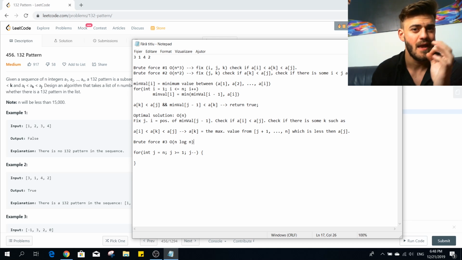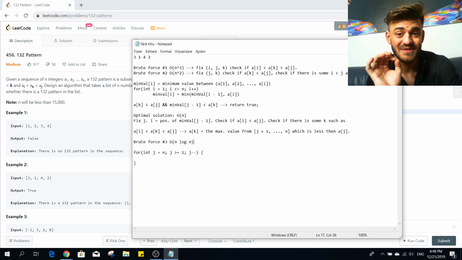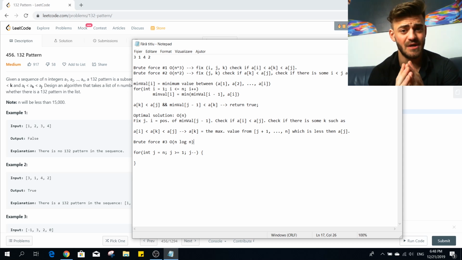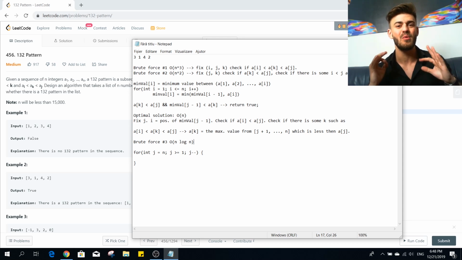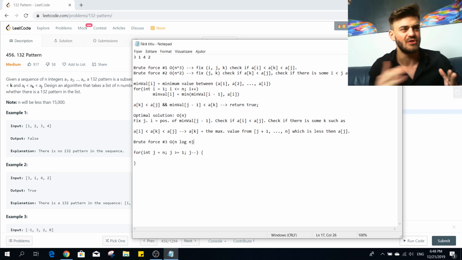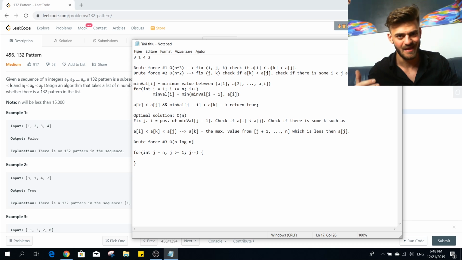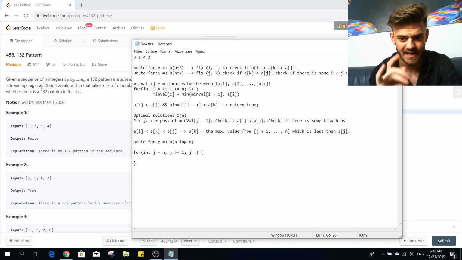Now, the beauty of this solution, of the big O of n optimal solution, is that we can get rid of the set too, using the stack. And follow me. As you might know, if you have some experience with stacks, when using a stack, we will basically have some elements in the stack sorted either increasingly or decreasingly, right? So